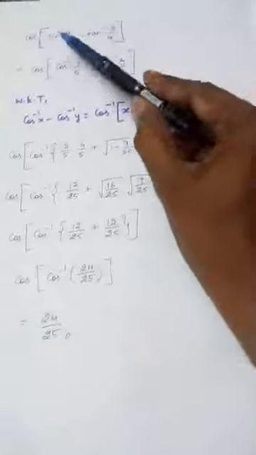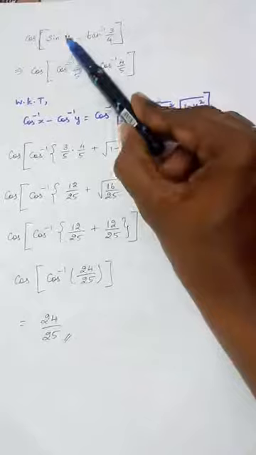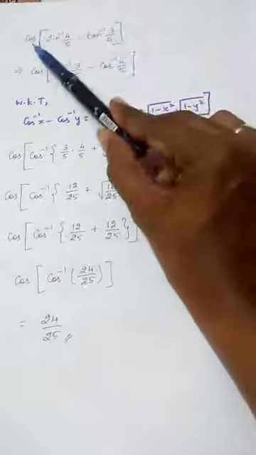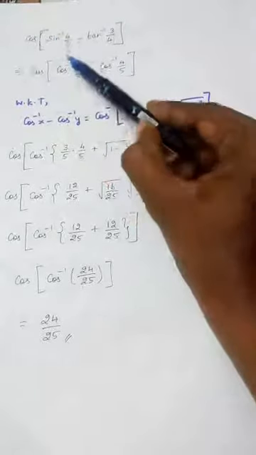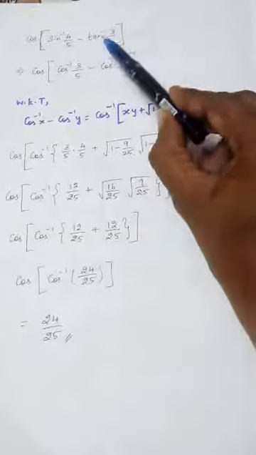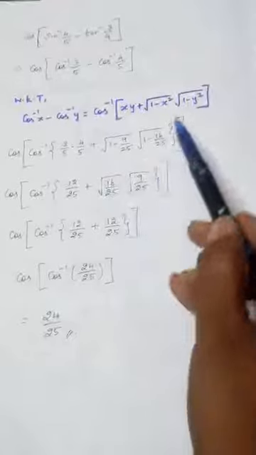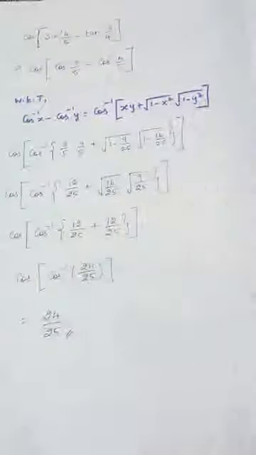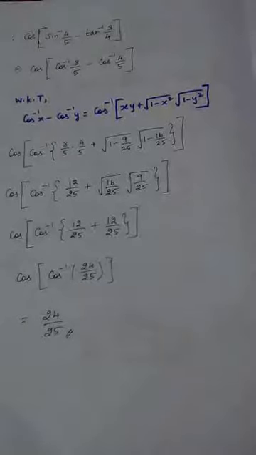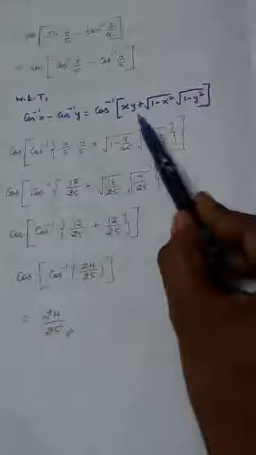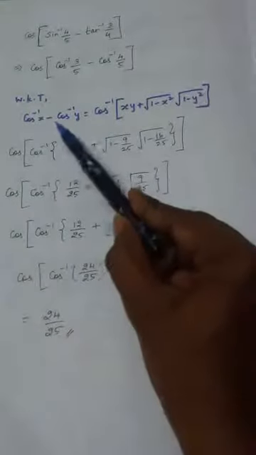So that is what is done here. Cos of everything, this is the question actually. Now cos of sine inverse we have converted to cos inverse, tan inverse also converted to cos inverse. And as we studied a formula in the previous sum, in this sum also we are going to study a formula. You should first memorize this: cos inverse x minus cos inverse y.